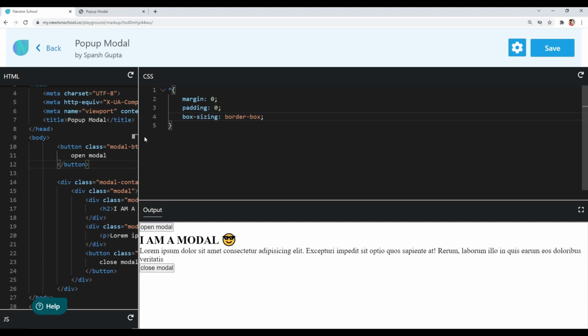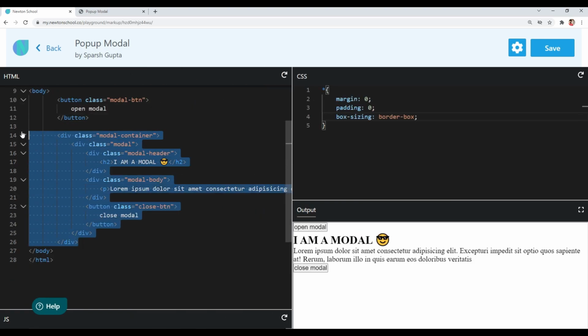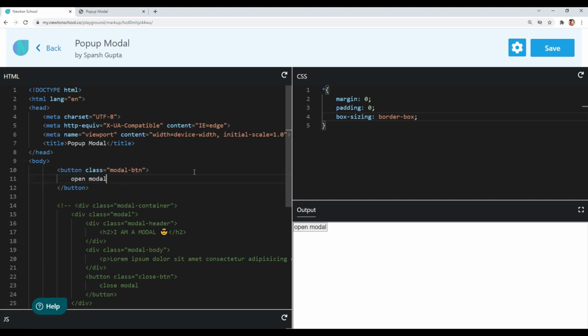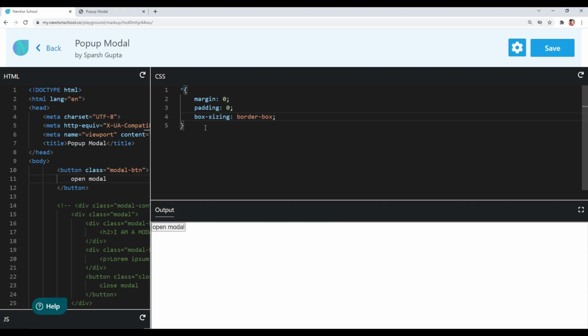Now let me comment out the modal container so that we can currently focus on our modal button. Okay, now what I will do is basically I will center the open modal button.